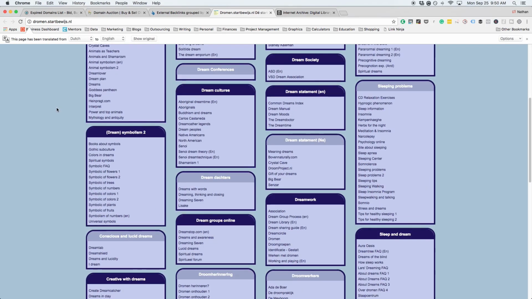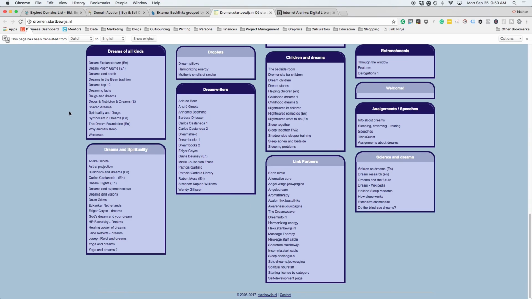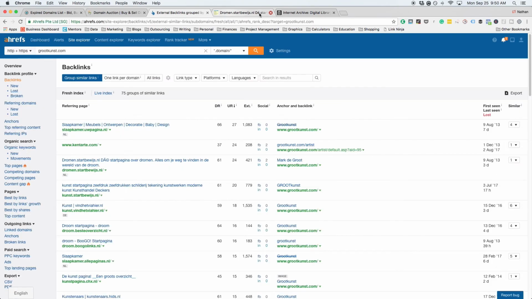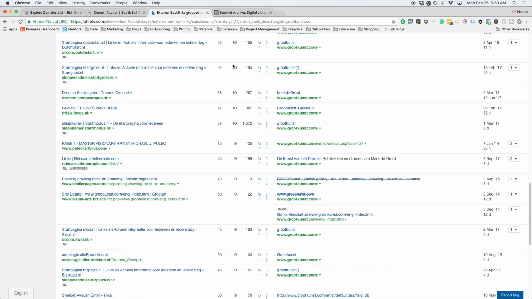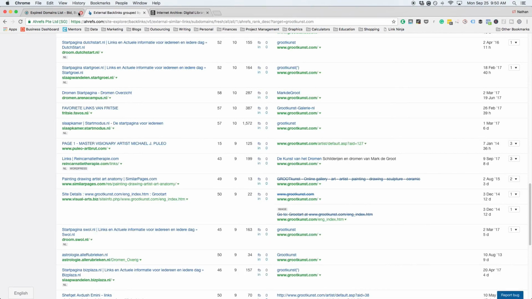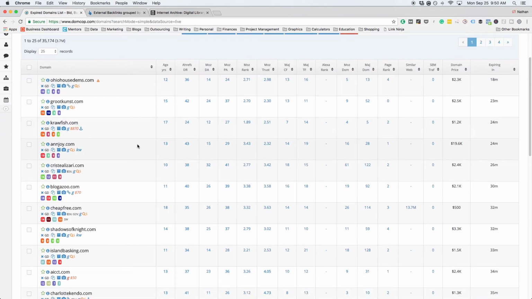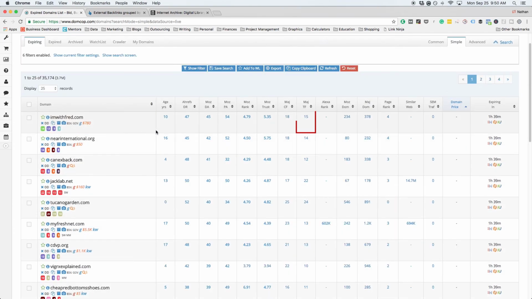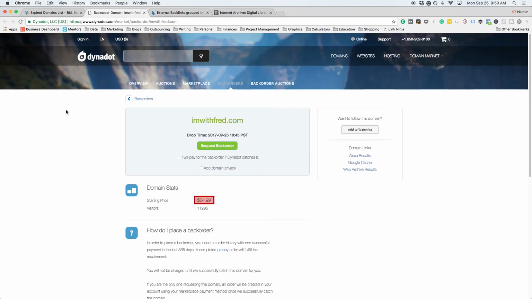So the main point here is for you to see that this domain is extremely overvalued and not worth that price. So really, as you do this process more, you're going to start to identify and be able to determine the value of a domain and also determine whether the value matches the price. So that's what you will begin to get a lot better at as you look at more domains and do more analysis. So now let's sort this list by price range. So this domain right here has a trust flow of 15 and a DA of 45. So it looks like the starting price for this domain is $24.